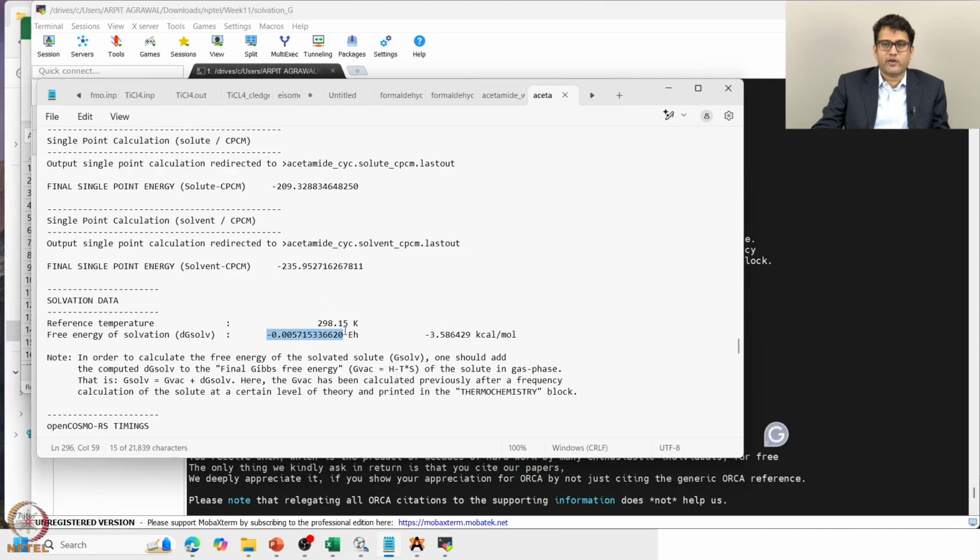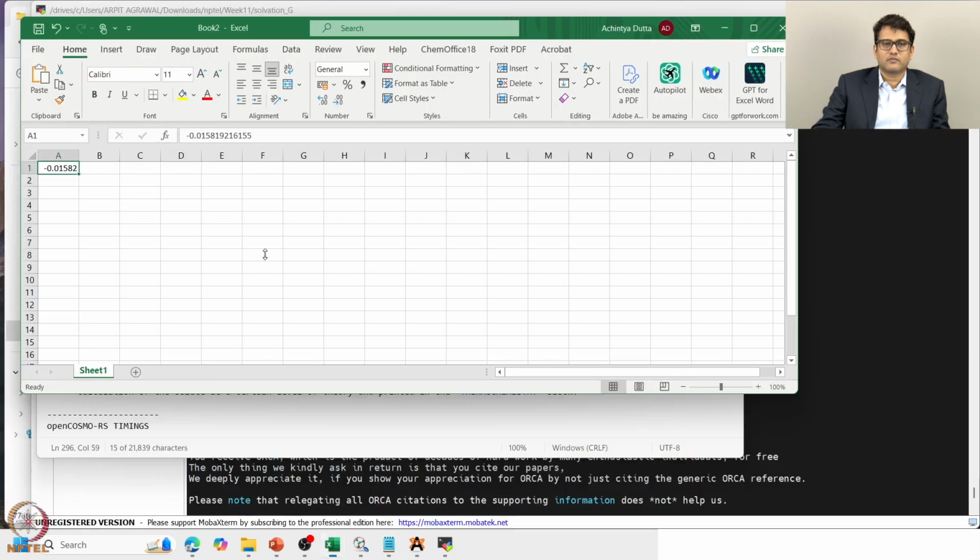This is in cyclohexane. And if I take the difference between the two,